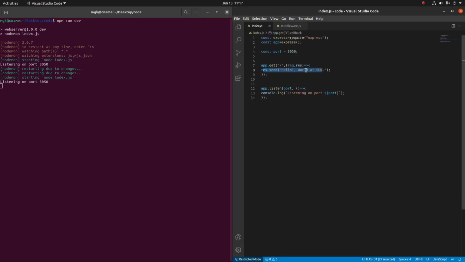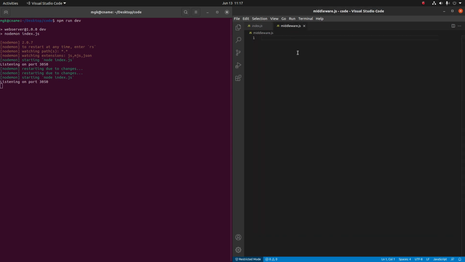So before this response you might want to do multiple tasks such as logging or printing out date or something like that, which is exactly what we'll be doing in this session. We'll be logging out each and every request and its response time here. So we'll see how to do that.